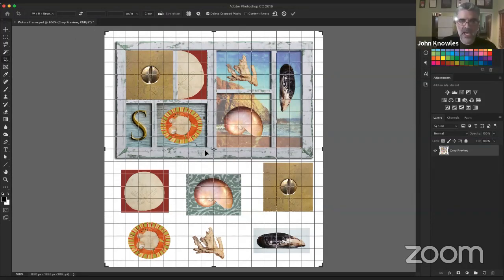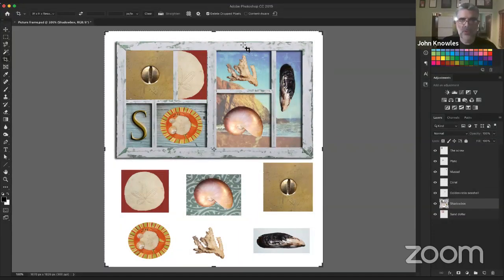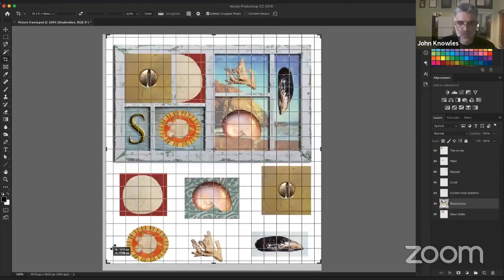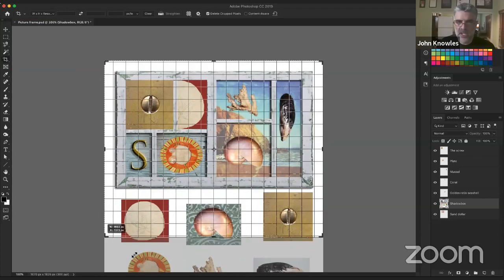But right off the bat, there are markers. I'll just deselect that. When I first select the crop tool, notice what happens to the image. These little black icons appear in all of the corners and in the middle. That will change the size of the canvas, but it's doing it in a visual way,